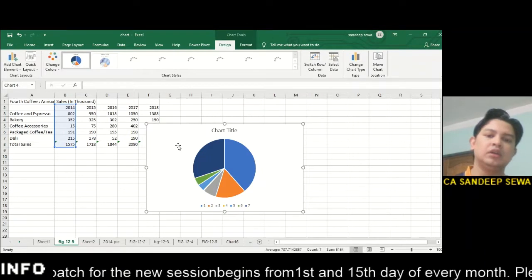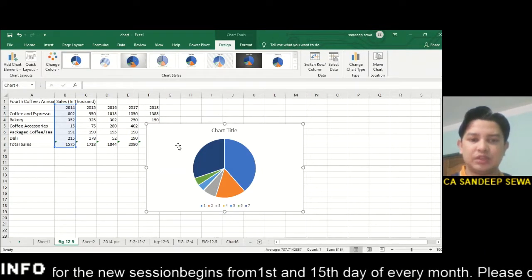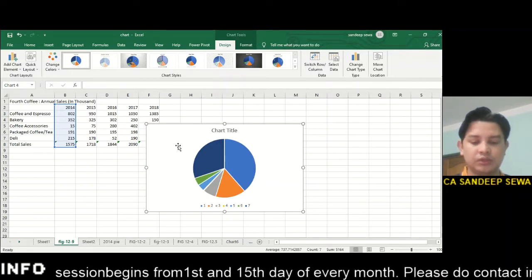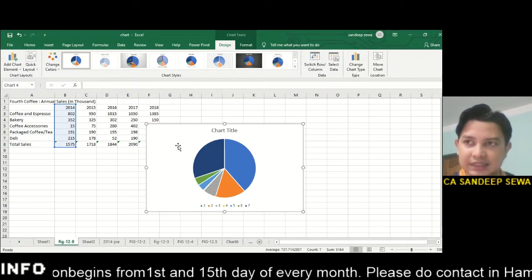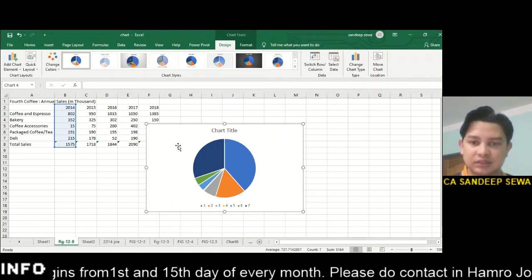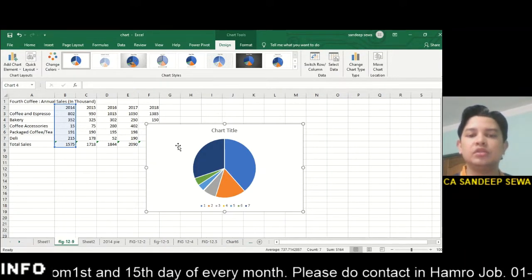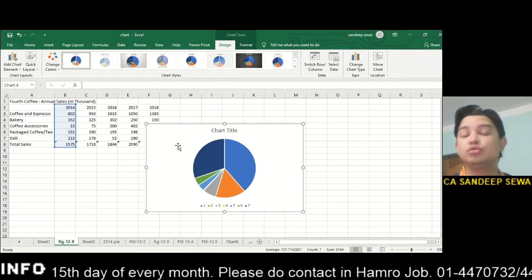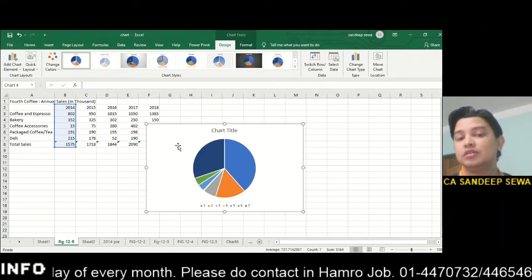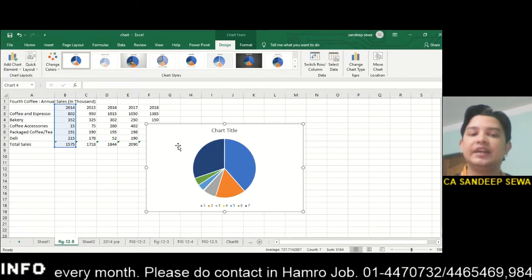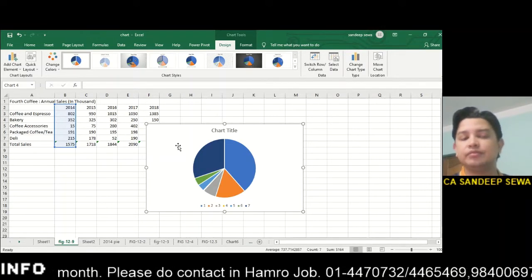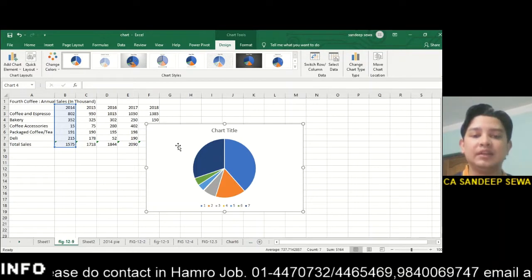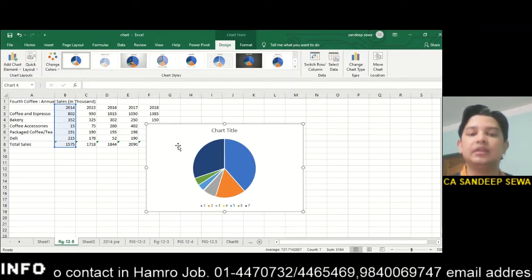See, as I told you, the importance of a chart is that it will help your audience understand the meaning behind your data. But because I am selecting my data in a wrong way, the chart is not portraying the meaning.